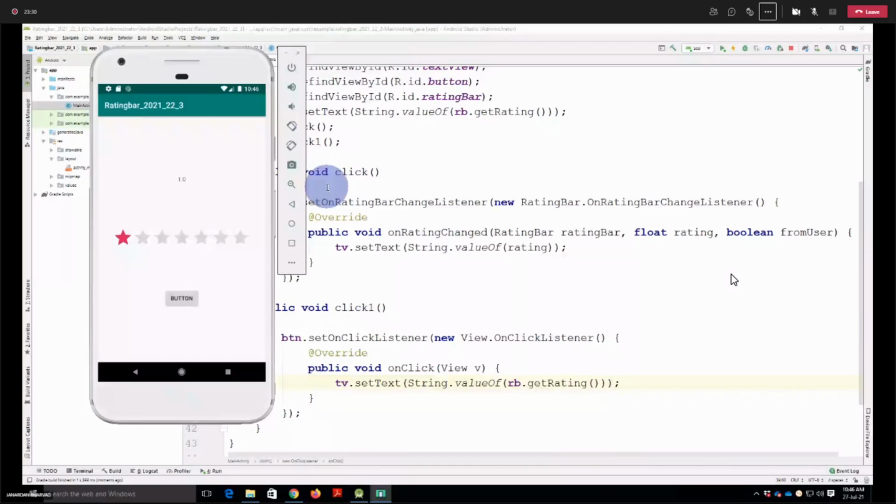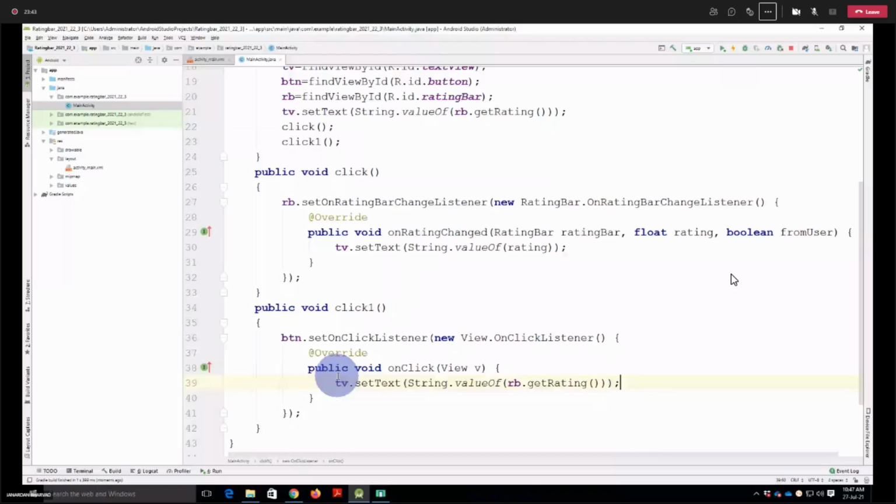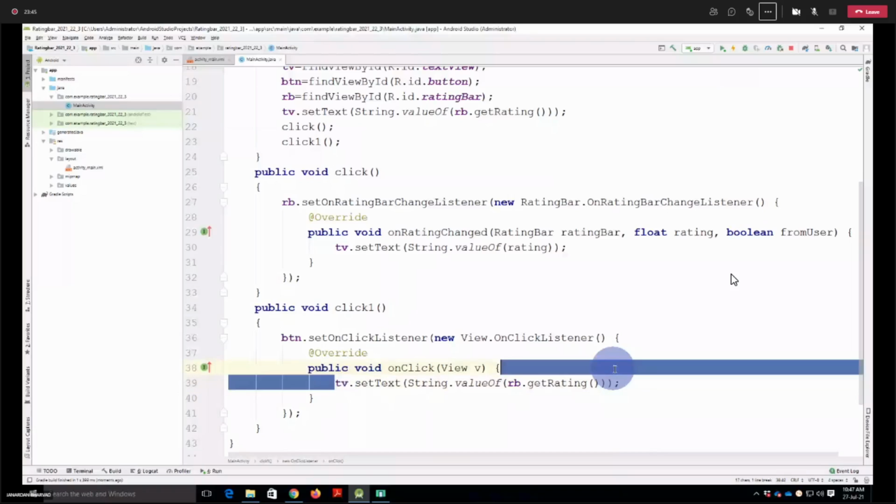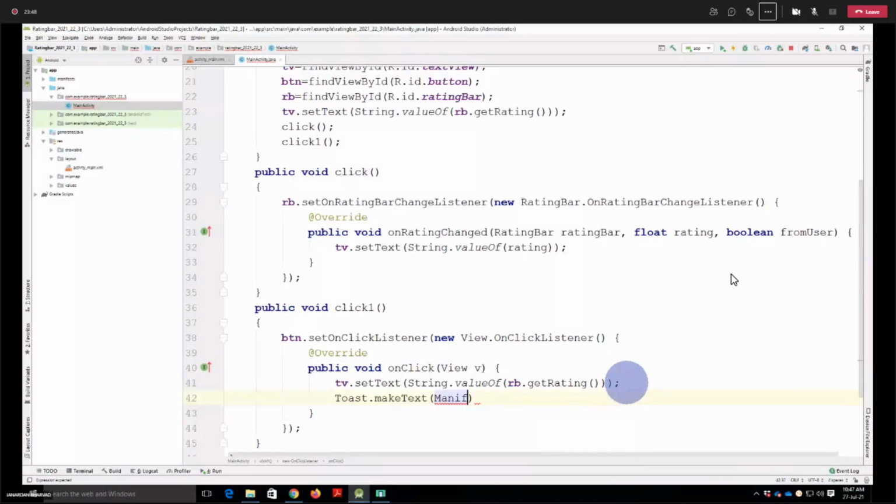That's the reason. So when I click on the button, I have not written the toast here. So Toast.makeText, MainActivity.this, and in the message we can pass this, that is rb.getRating.